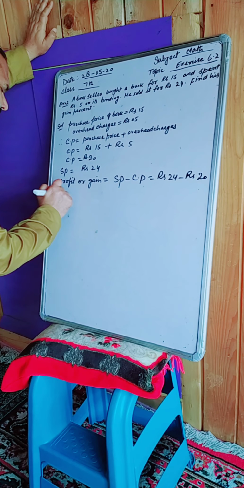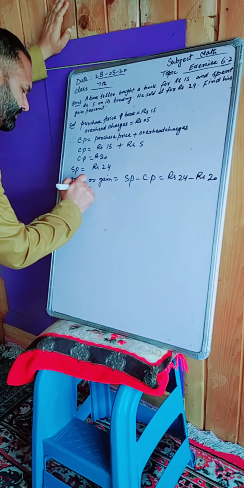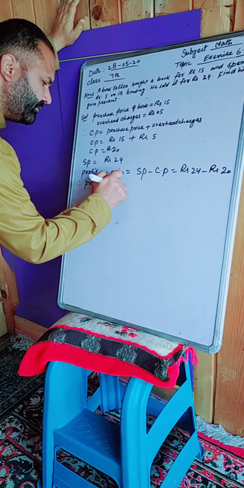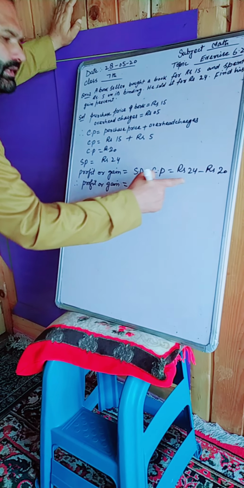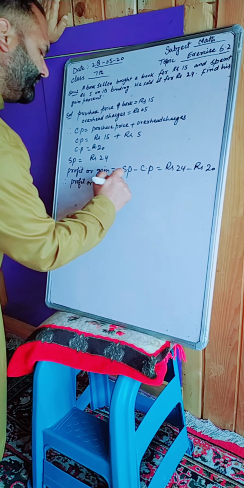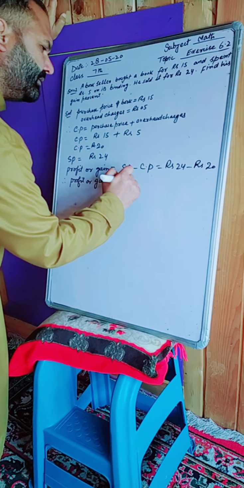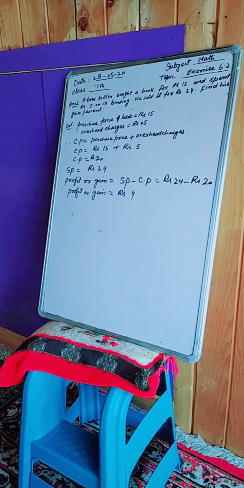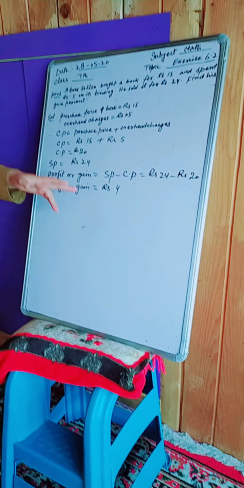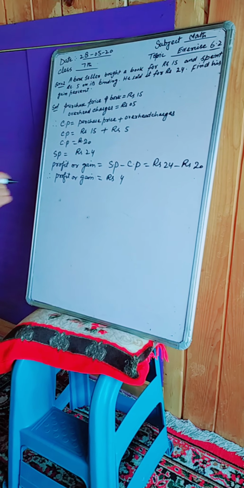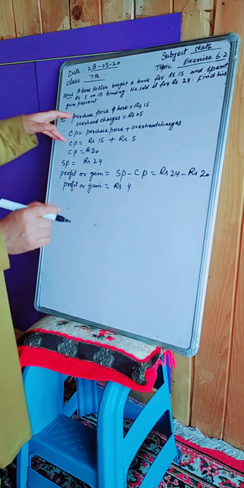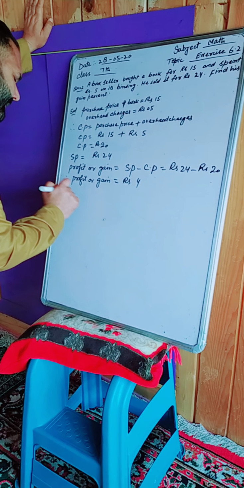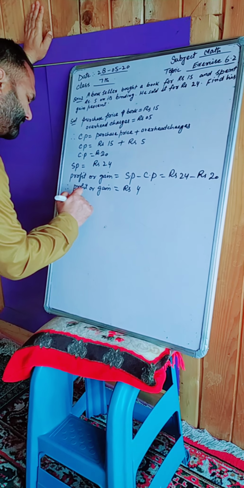Therefore, profit or gain is equal to 24 minus 20, which is equal to Rs 4. He has gained Rs 4 on this book. Now we have to find the gain percentage. Therefore, profit percentage